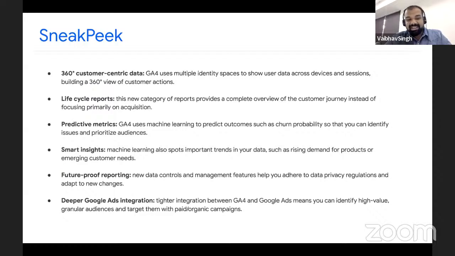Last but not least is the Google Ads integration. Google Ads integration was there a bit before also. You could link your AdSense to your analytics and track goals or create some parameters inside your analytics. But this time it has gone a little bit deeper. You could not only measure your generic Google Ads, but you could identify smaller audiences, and your paid and organic campaigns which you have launched, in much more depth. Some of the data points which you were missing, you will get all of them inside the new GA4 dashboard.